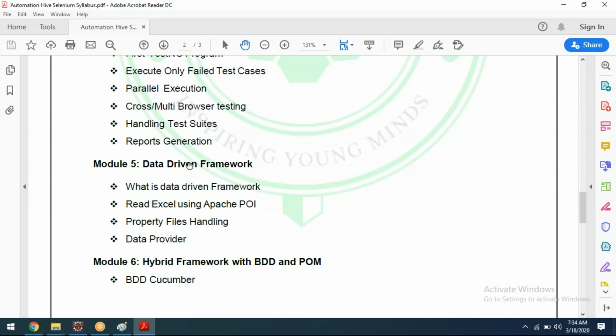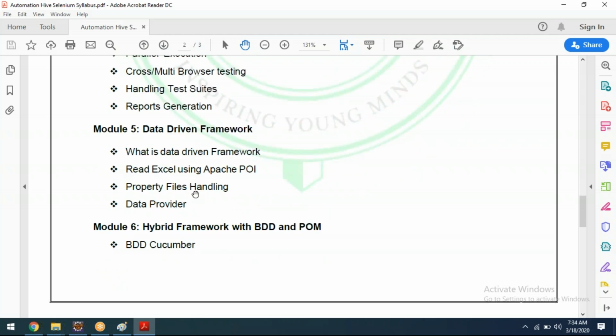If someone comes to ask you what a data-driven framework is and how it works, you should be in a position to explain it to the other person. Getting my point? Then we'll skip it if required and see how much you are able to understand. I'll share my documentation; you can read it and cover it. Then we'll move to the